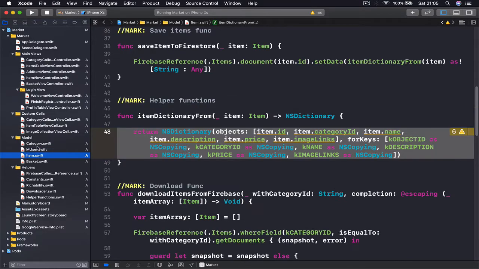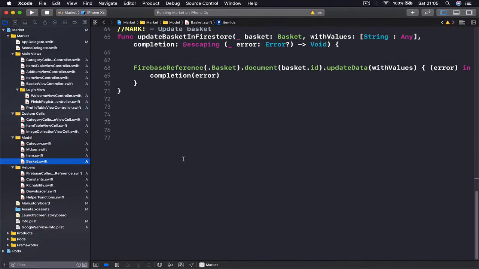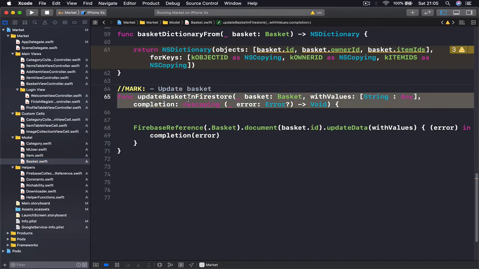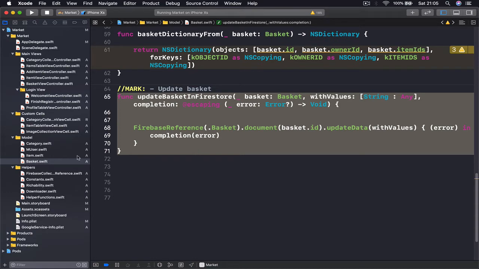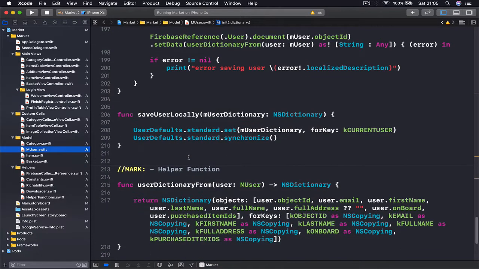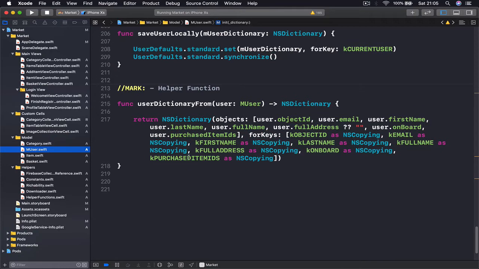But let's say for our basket, if you remember, we wrote this function to update basket in Firestore with values. So this is something similar we are going to do with our user item. So let's go to our MUser class, scroll all the way down. I'm going to put a mark here called this update user, and we are going to write a function called update current user in Firestore,